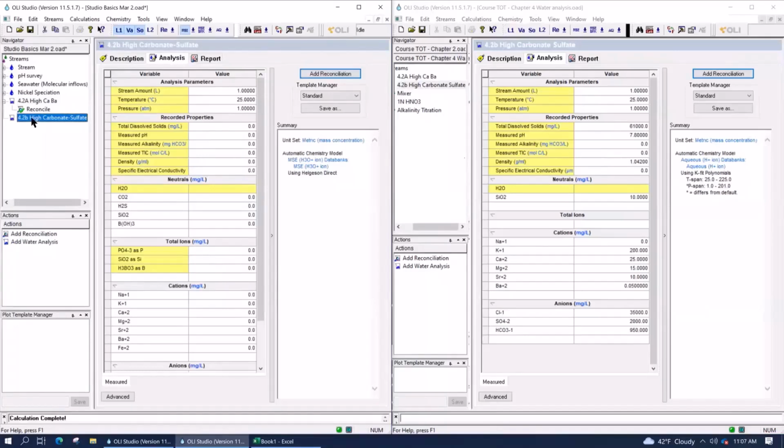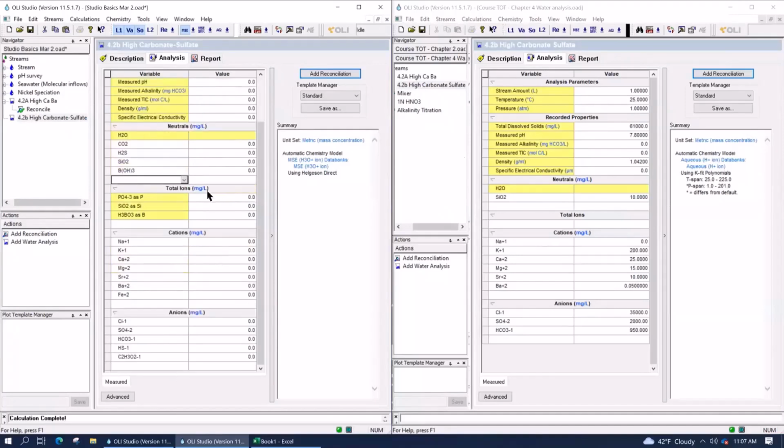Again, it's the same grid as we saw before. It's got our measured properties, neutrals, cations, anions, and then elements. What we're going to do now is take the data from the right-hand side and add it here.